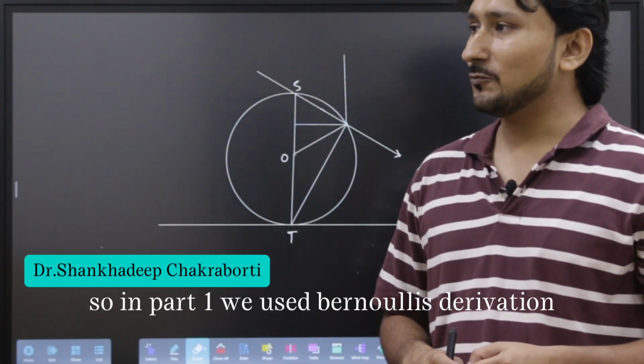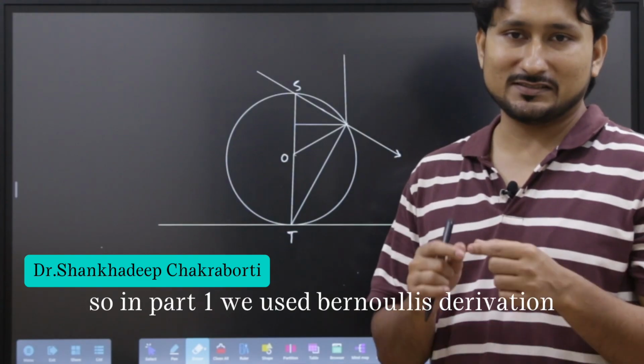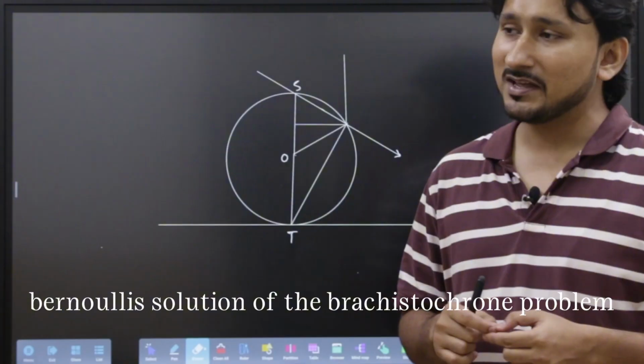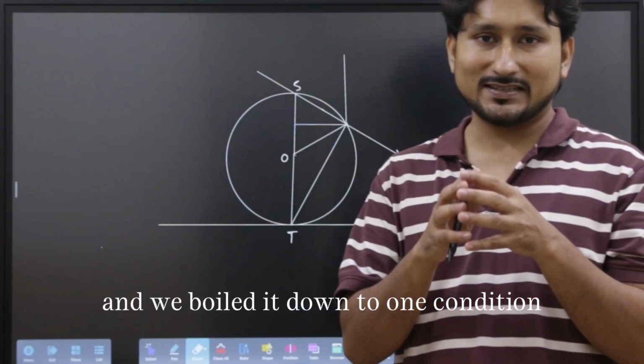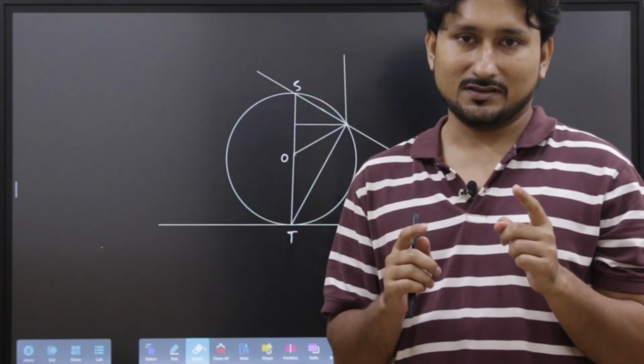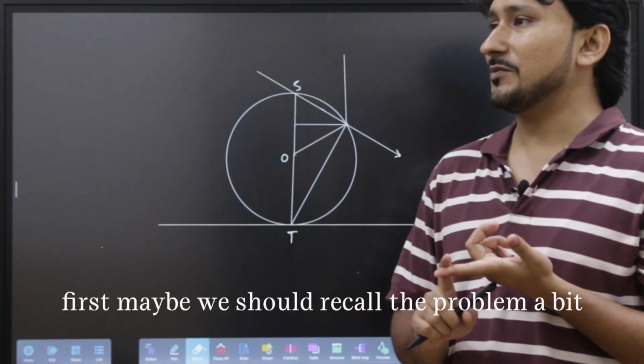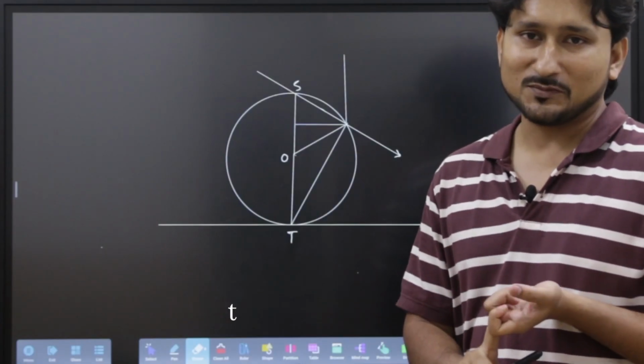So in part 1, we used Bernoulli's solution of the Brachistochrone problem, and we boiled it down to one condition. The condition is something like this. Okay, first maybe we should recall the problem a bit. The problem was